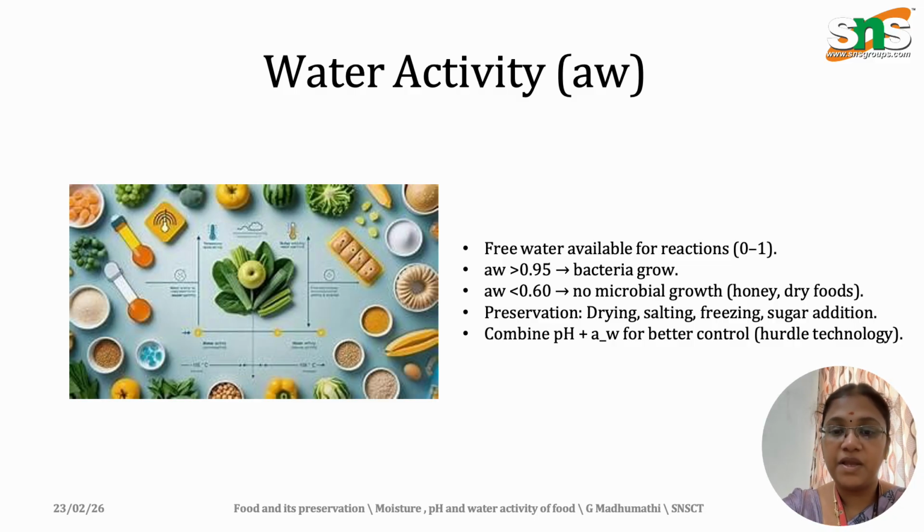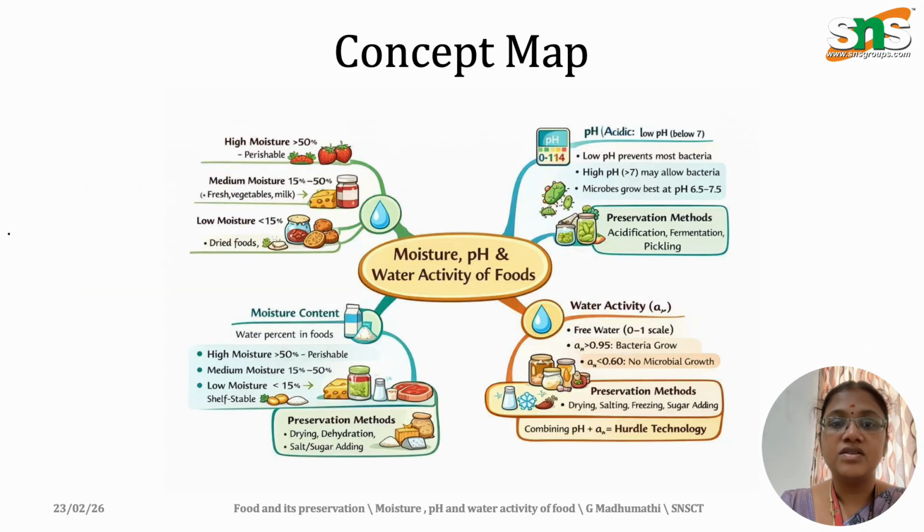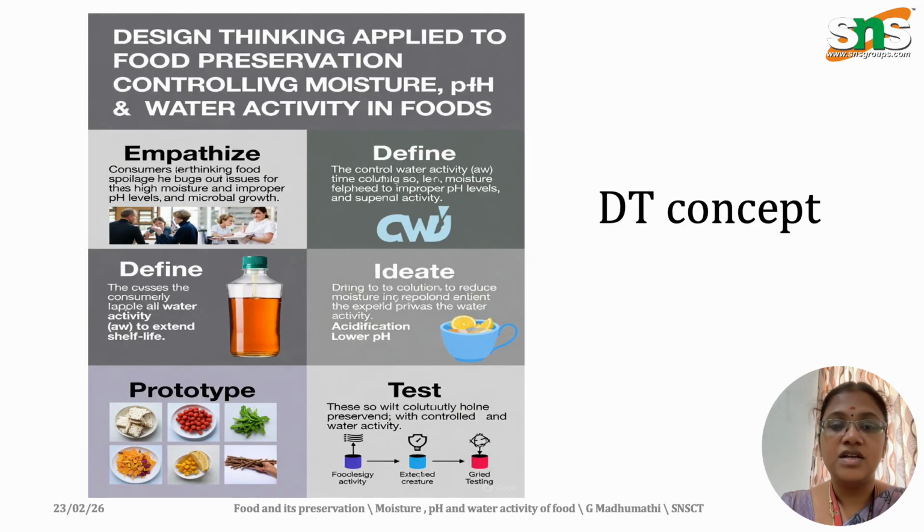Combining the pH and the water activity for better control, we can use hurdle technology. So this is the overall concept map of the role of moisture, pH and water activity of the foods, and how they affect the quality of the food by preventing spoilage. We can also link our design thinking concept with the role of moisture, pH and water content. So first we have to empathize, like